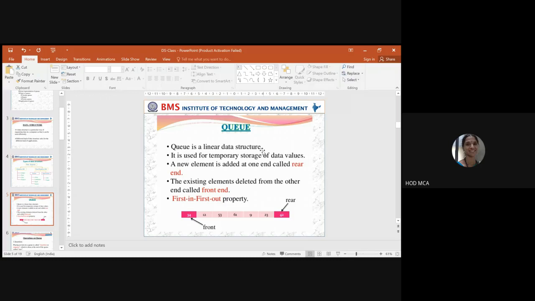A queue is used for temporary storage of data values. A new element is always inserted at the rear end, and deletion is always done at the front end. So we call it first in, first out. Whereas a stack is called what? Last in, first out.